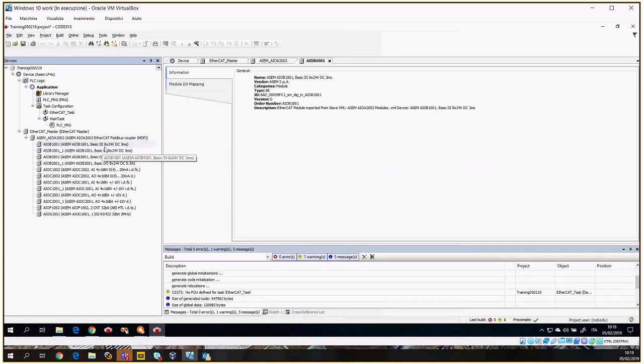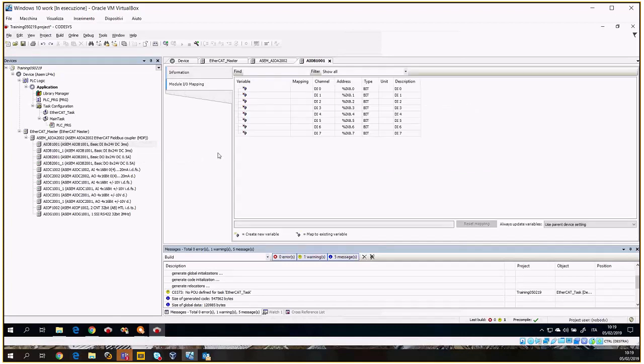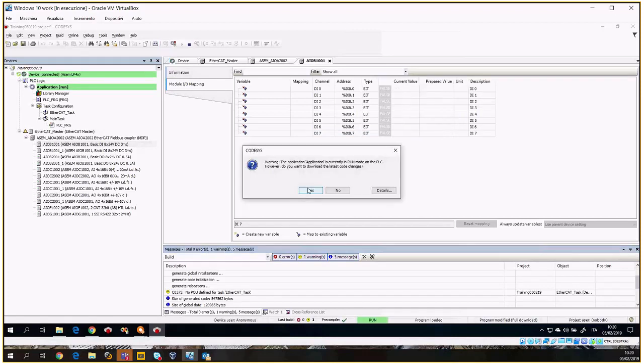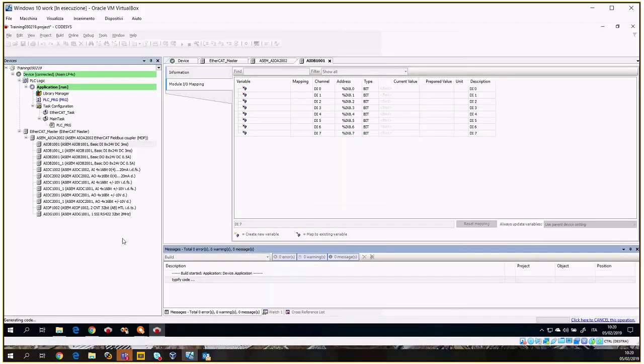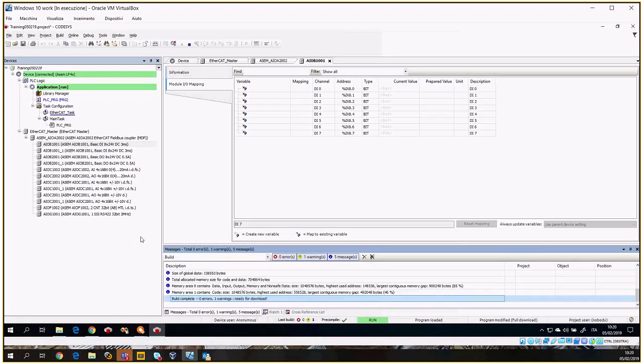This is 8 digital input, and in the module mapping I/O, we can see how big this module is available for the application. Okay. So after this configuration, we can download again the complete configuration of our system